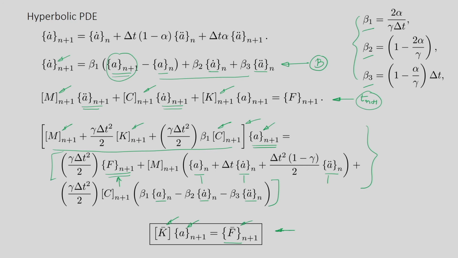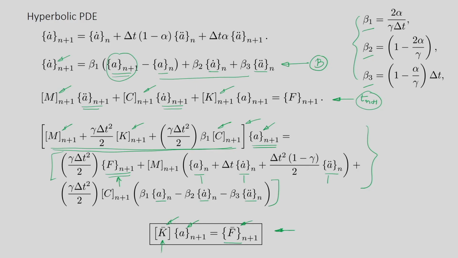Alright, so that comprises the f bar vector, and this k bar matrix represents this whole matrix, containing these coefficients gamma, delta t and the matrix m, k and c. So, this is the final discrete form of the problem in hand. Now, we can go ahead and enforce the Dirichlet boundary condition and solve this problem using one